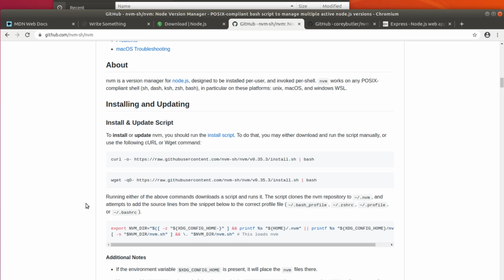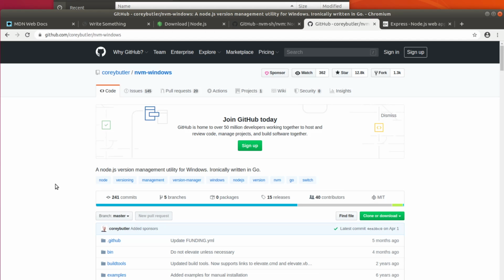For Linux and Mac, I recommend NVM. If you use Windows, I recommend NVM Windows. It's a different program from the other one. So it's NVM-Windows, okay? Anyway,